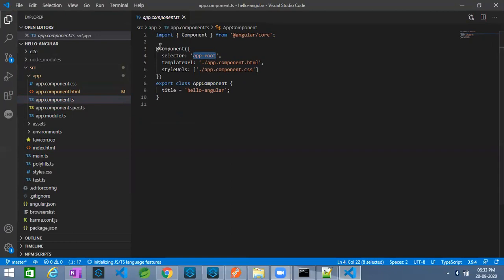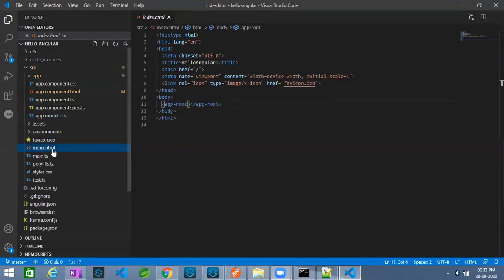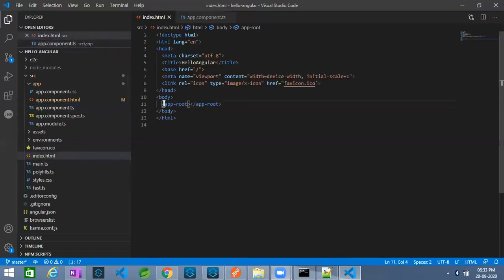See, this is very much similar, right? Like example. Okay, I need to double click. See, in HTML we have app root, right?